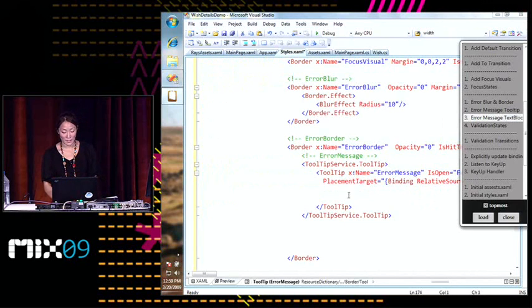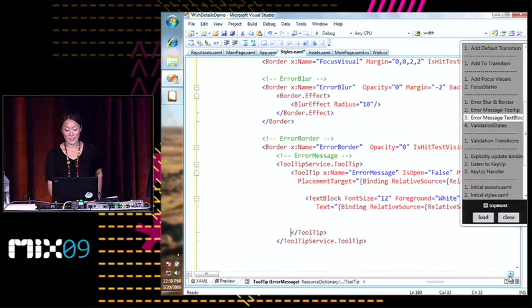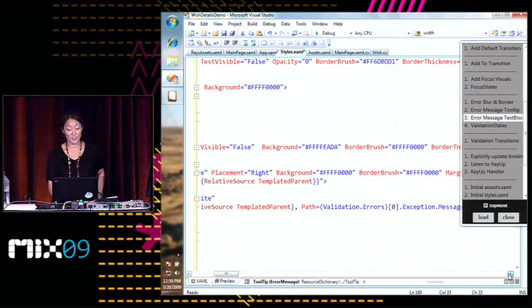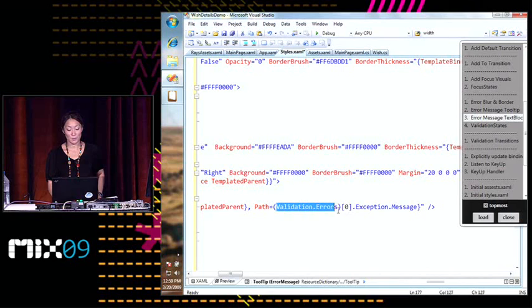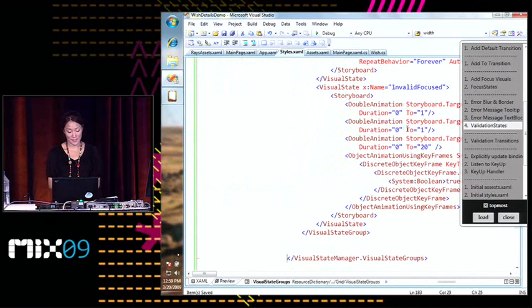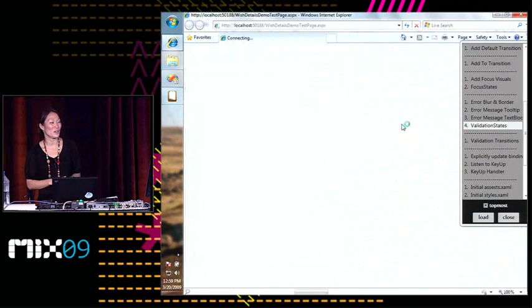So putting in the tooltip here and the text, I'm going to put a text box inside of my tooltip, and again use that relative source to bind to the templated parent. But this time, I'm going to specify a very long path. And this path says, please put the text message of this error, grab that text from the validation.errors attached property, which will show up whenever there's an error. So by hooking up those things and finally dragging in my validation states, which toggle the opacity, and I'm not going to go into detail because they look very similar to the last ones, I can run this